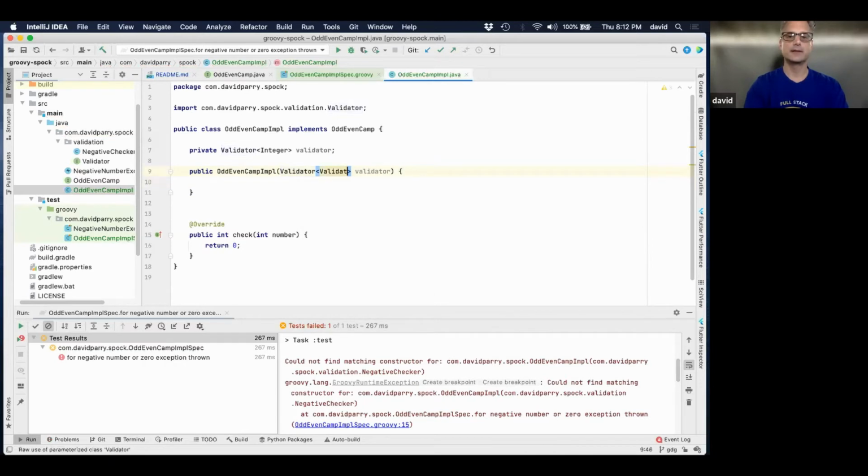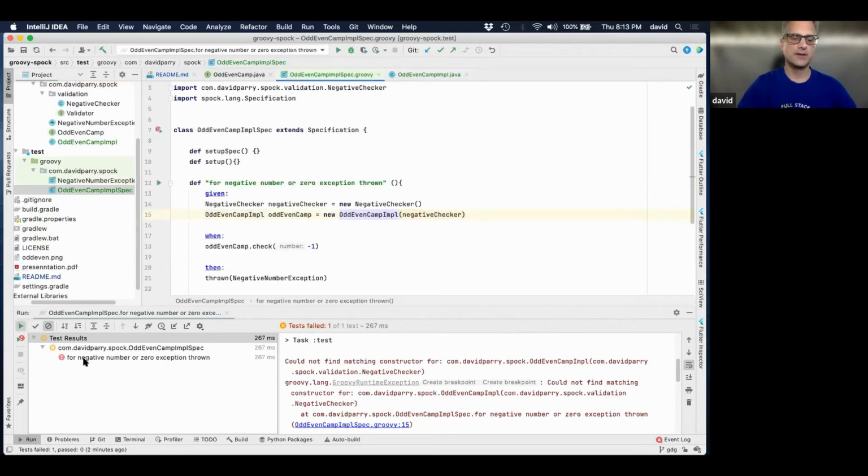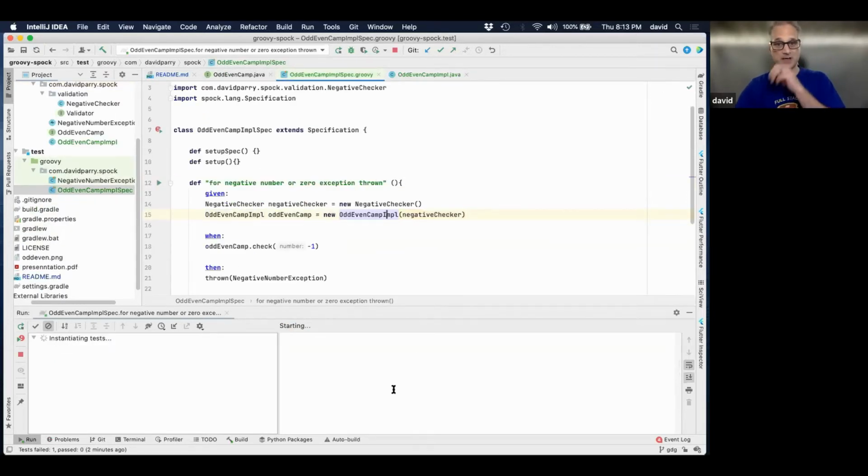Oh, not that, sorry, my bad. We always get messed up there. This dot validator equals validate. There we go. Now we're going to run the test again. So quickly run this, and we're going to get another error